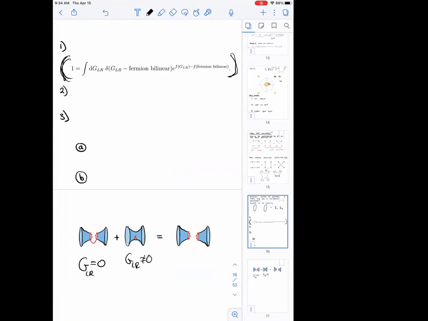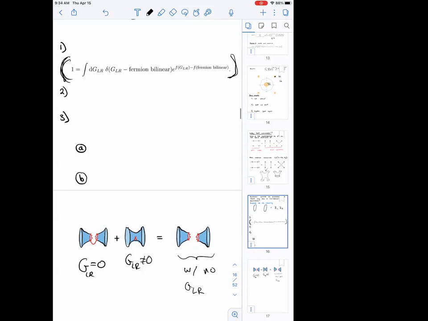Right. That's what those things on the left are. What's the thing on the right? This is the theory with no G left right. This is where you didn't introduce this G left right variable and its accompanying delta function at all. So you mean the original formulation of the theory in terms of the fermions? In terms of the fermions, or not necessarily in terms of the fermions, just in terms of collective fields of just the left system and the right system. Oh, I see. But you just don't include this. You don't include this step at all.